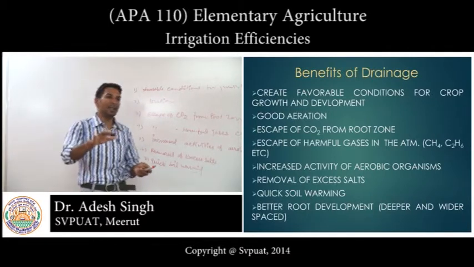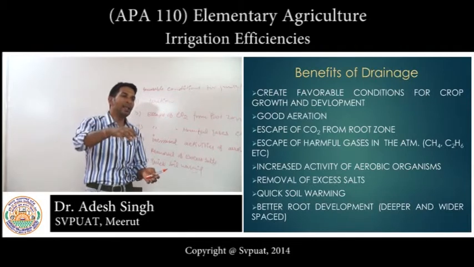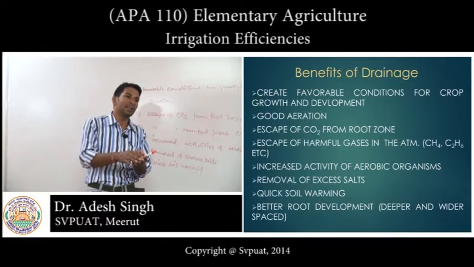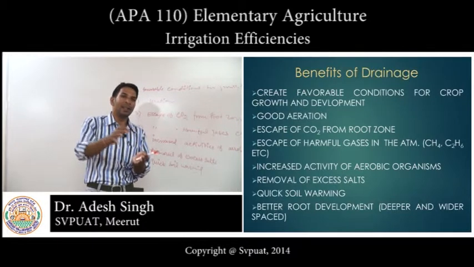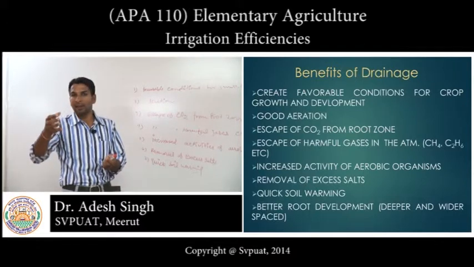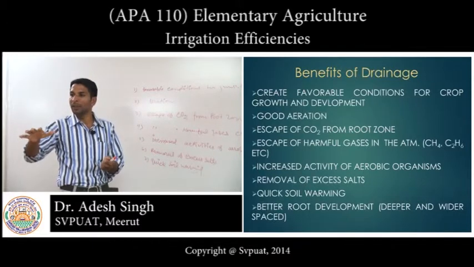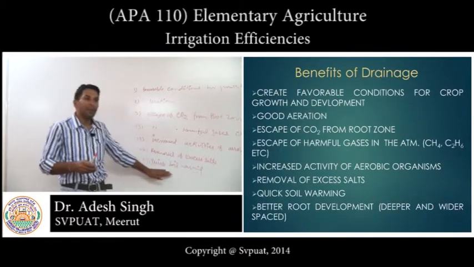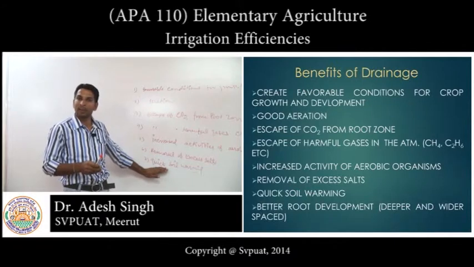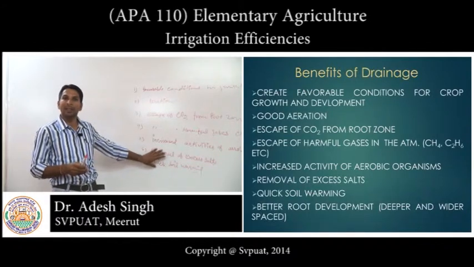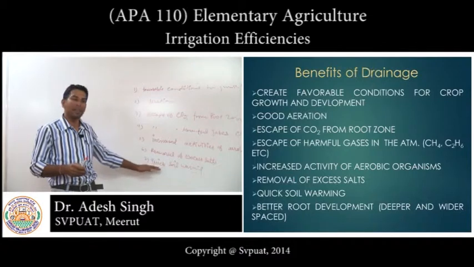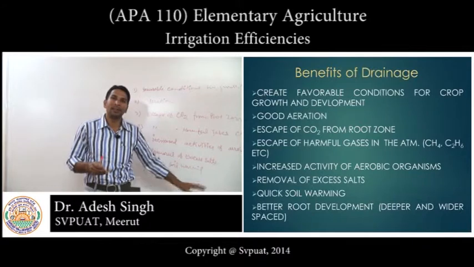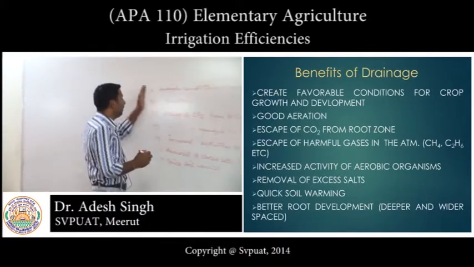So if soil is dry, then it will heat quickly, as compared to when water is there, because water will trap the heat, and the optimum temperature needed in the crop root zone is not reached within a short period of time if there is more water. So if proper drainage is there, meaning less water, and the soil is dry, then it will warm quickly, which is helpful particularly in the winter months. And with these,